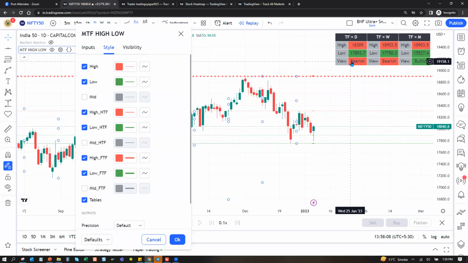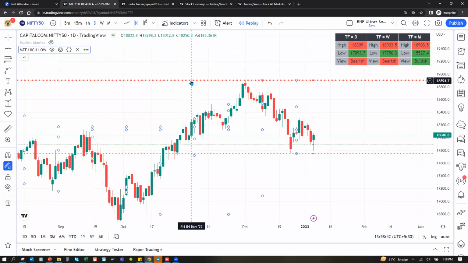Okay. If the market is currently below the middle value of high and low, the interpretation is given as bearish. So on daily it is bearish, on weekly the mid value is up, so it is bearish, but on monthly it is up. So a multi-time frame analysis of the current price level against the high and low comparison is being done. And you see the bigger width lines are for the bigger time frames. You can remove this, this is for monthly, etc.